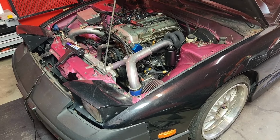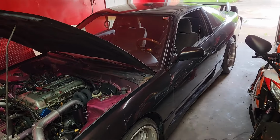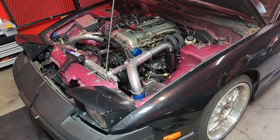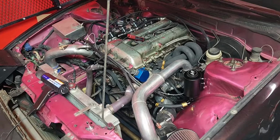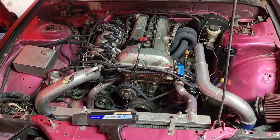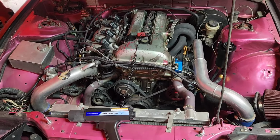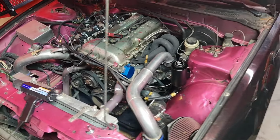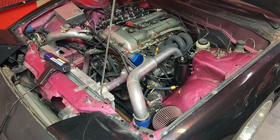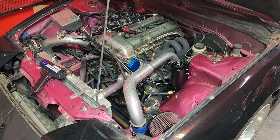Alright, so I'm going to start with the engine here. I originally bought this car back in 2006, and it was bone stock. It had the stock KA24DE engine in it. There was nothing wrong with the engine, but I quickly pulled it out and I put an RB25 in it. I had an RB25 in it for a while. I had some trouble with the RB25. I ended up breaking the bolt that holds the idler pulley on for the timing belt. Bent all my valves, so I had to do a bunch of work to it,